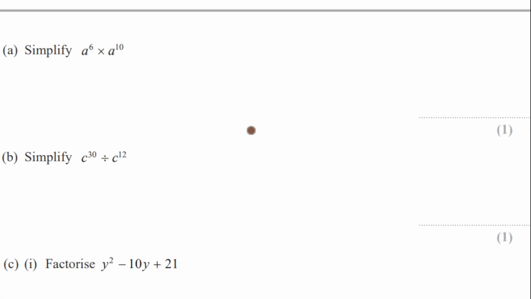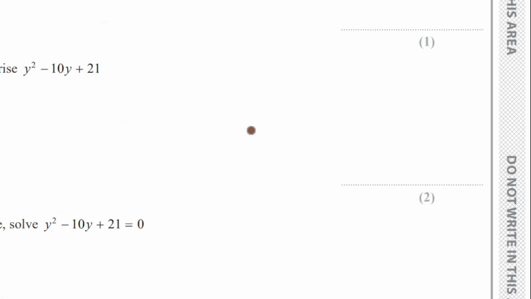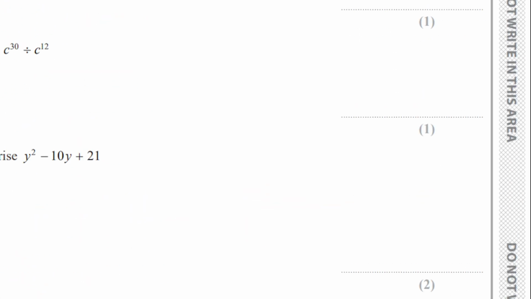Question 8. Question 8 is 5 marks. To do this